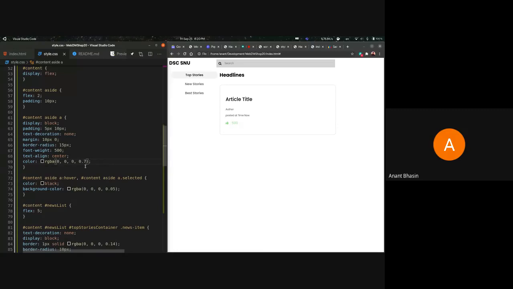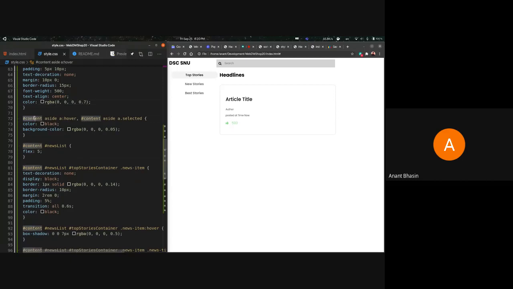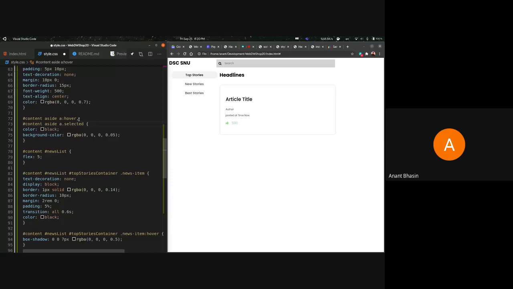So Aryan, we're coming right to that now, because the next selector is what is making that happen. So let me just split this into two lines. First of all, you can see that there's a comma over here. The comma says that the styling inside of this block is going to be applied to two different selectors. The first selector is on the left of the comma, and the second after the comma. So the first is we're selecting content. Inside of the content, we're selecting the asides. There's only one aside. So inside of the aside, we're selecting the A tags.